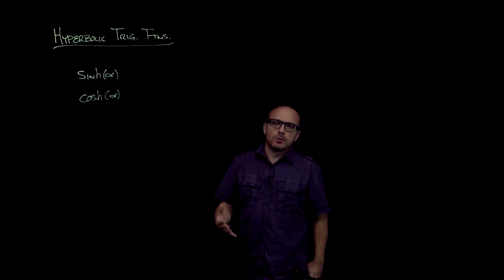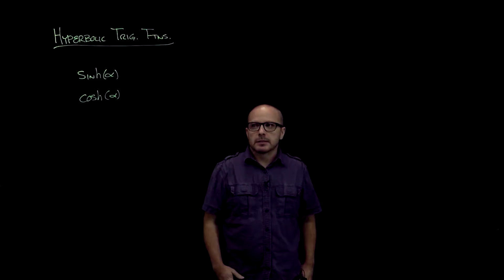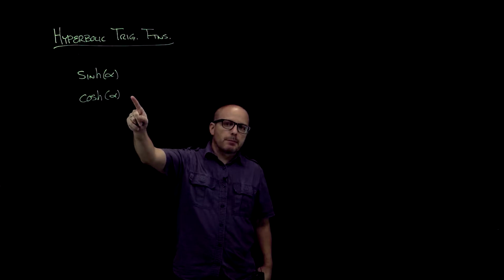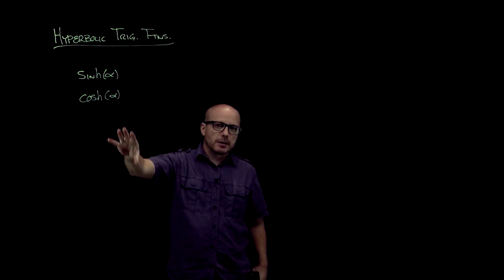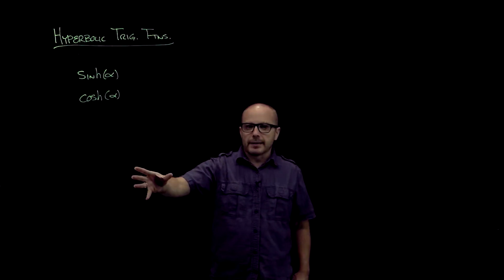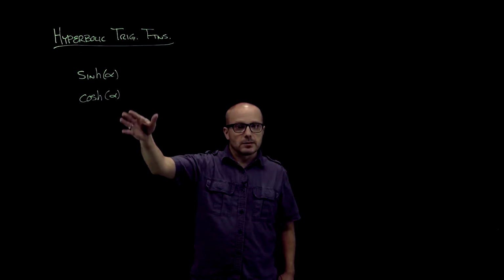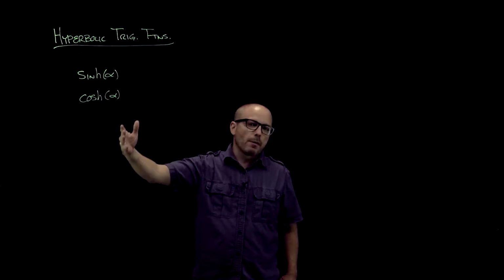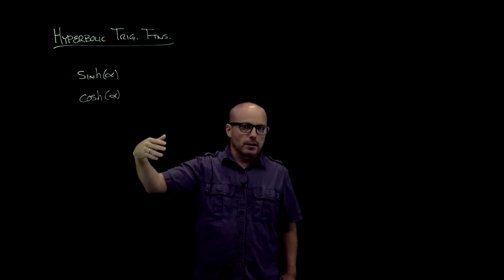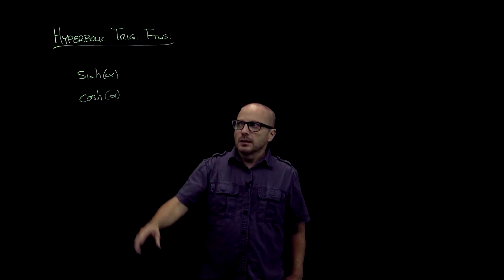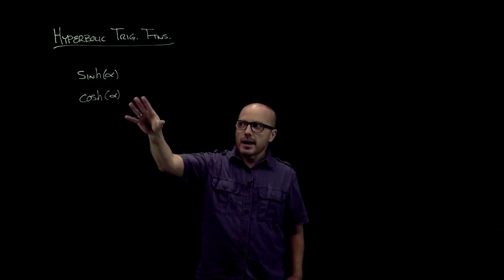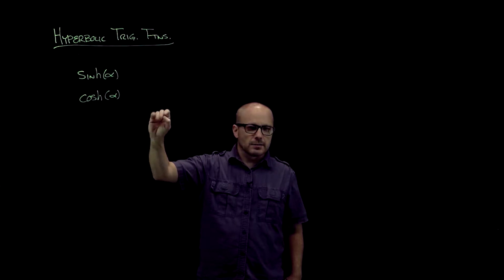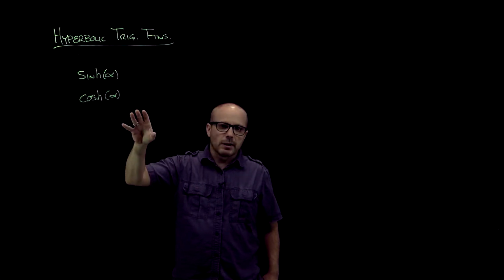So let's review the hyperbolic trig functions. I'm going to focus on hyperbolic sine and hyperbolic cosine because the others, just like with regular trig functions, are in the same ratios. So hyperbolic tangent is hyperbolic sine over hyperbolic cosine. So let's just focus on these two for right now, just kind of remind ourselves the definition and the geometric